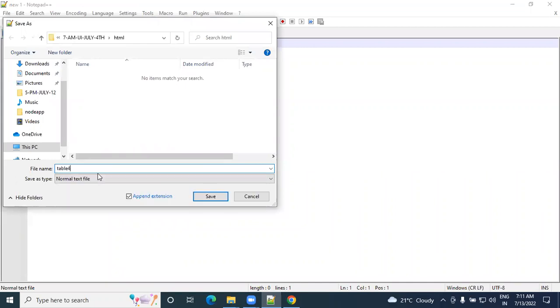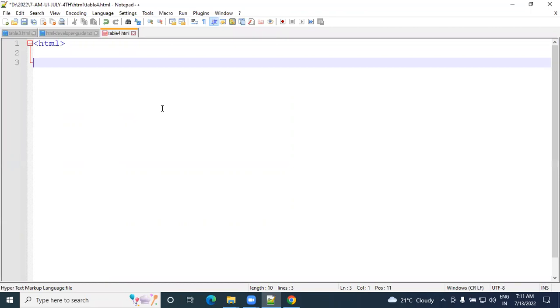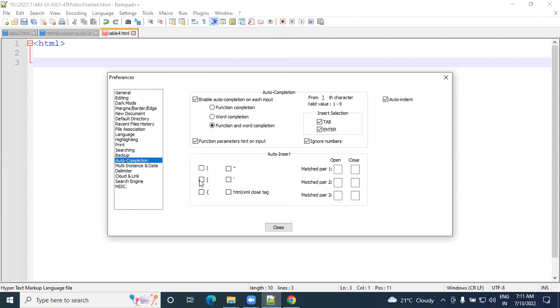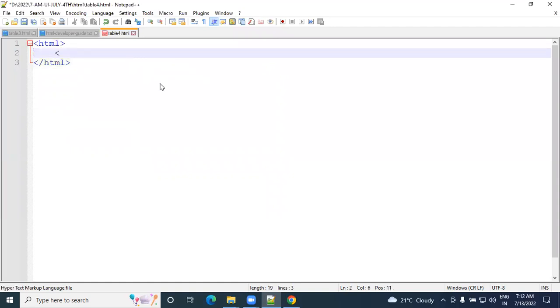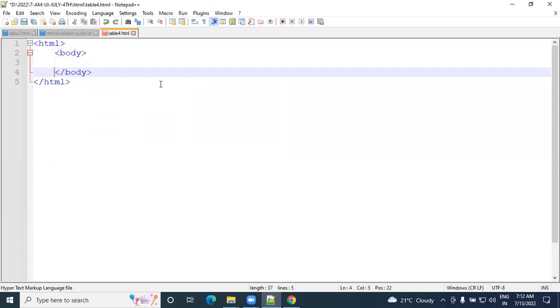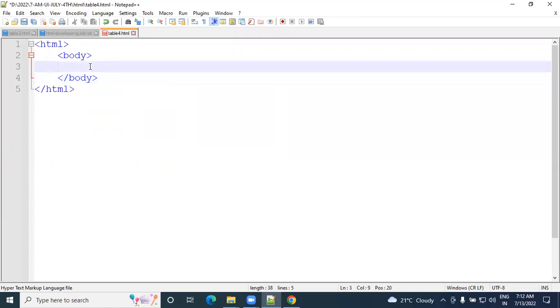Table 4.html. Table 4.html. Body will start. After that, H1 will write